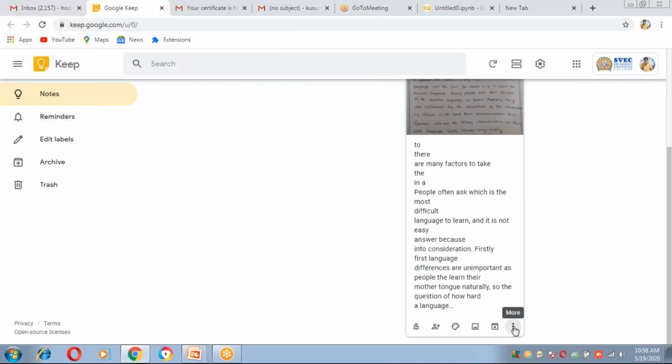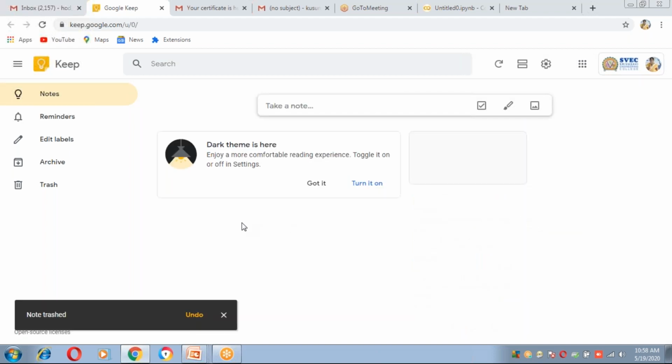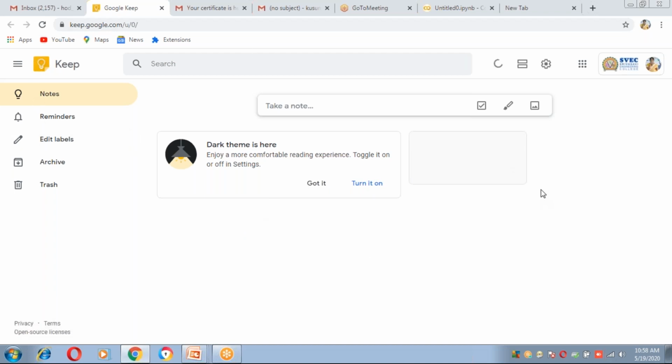Previously I uploaded this one. Now I am deleting this note. See, it will come like this. So now click on this button, new note with image.